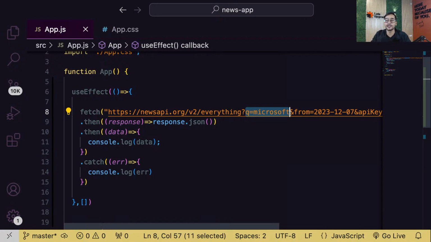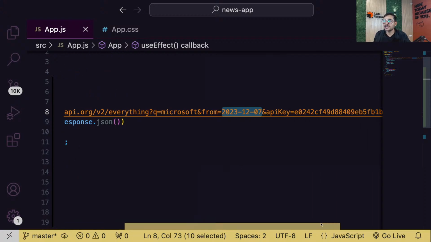So I want Microsoft related news from this date. So from yesterday. Is that clear, guys? So you'll always get the latest news from yesterday. From yesterday till whatever date it is. So till, guys, it is today only. We have not gone in the future, right? So from yesterday till today. Simple. Okay.